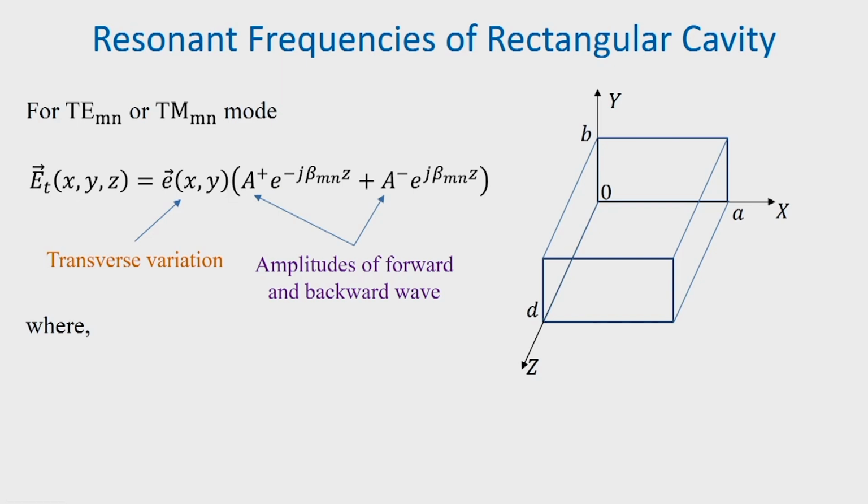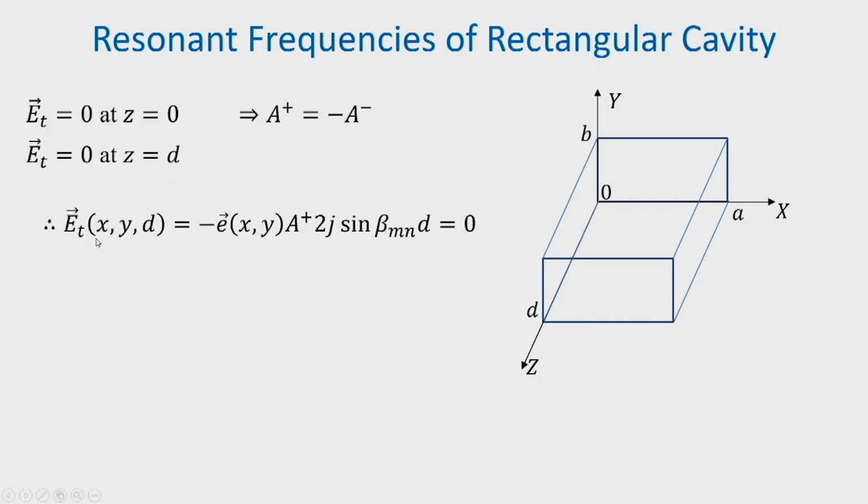In that case, we get E_t(x,y,d) to be equal to minus E(x,y) A plus 2j sin beta_mn d, and that must be equal to 0 here, and sin beta_mn d equal to 0, this implies that beta_mn d is equal to l pi, where l is equal to 1, 2, 3,